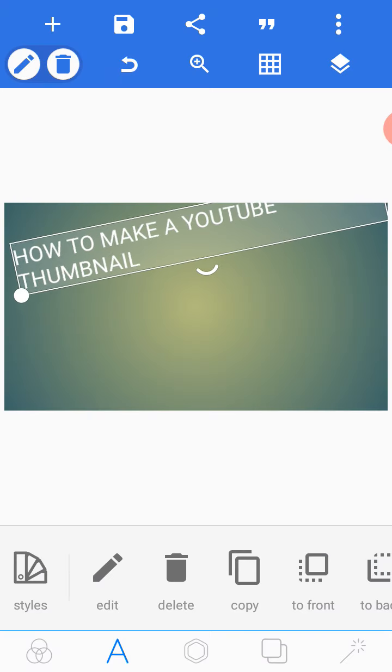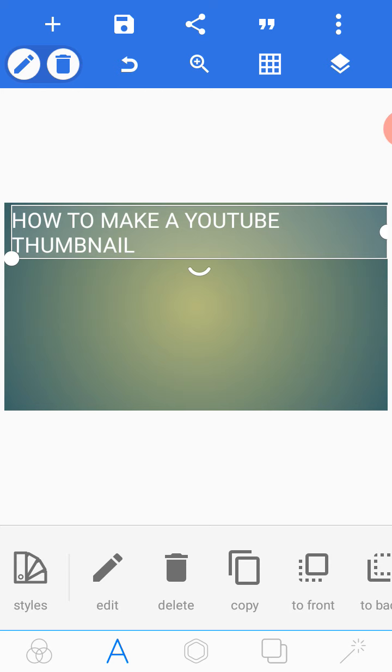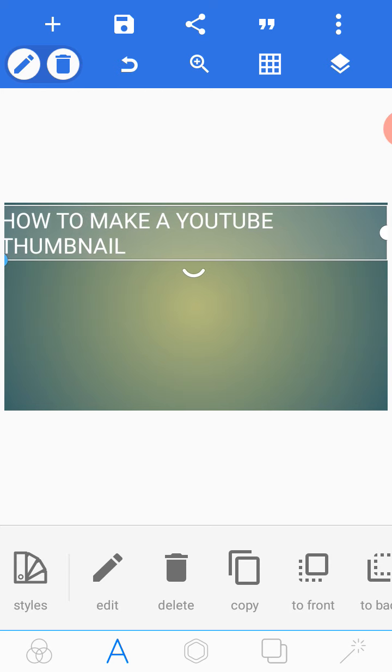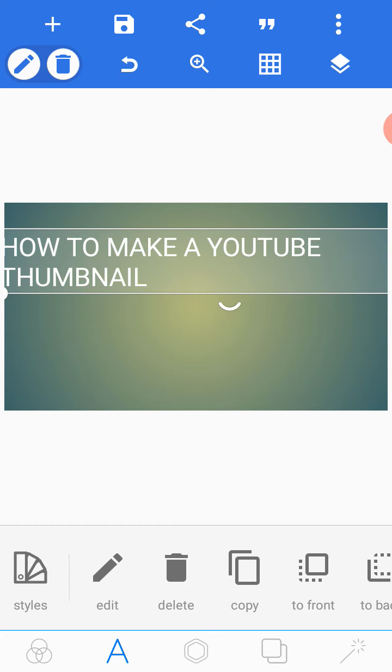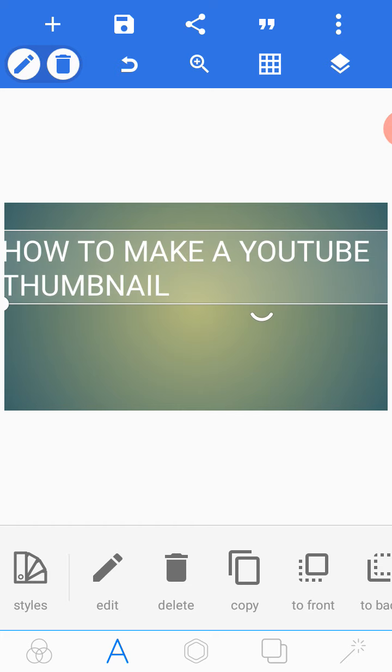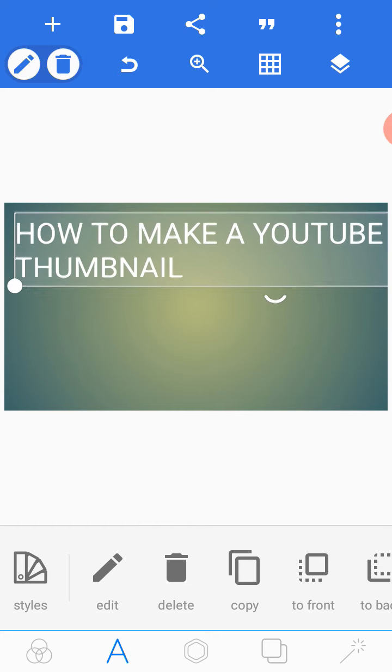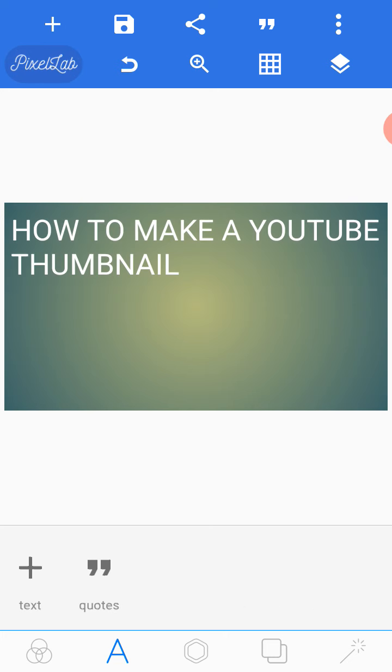Let me increase the size of the letters so you guys can see better. Okay guys, I already increased the size, so I'm going to leave it like this.